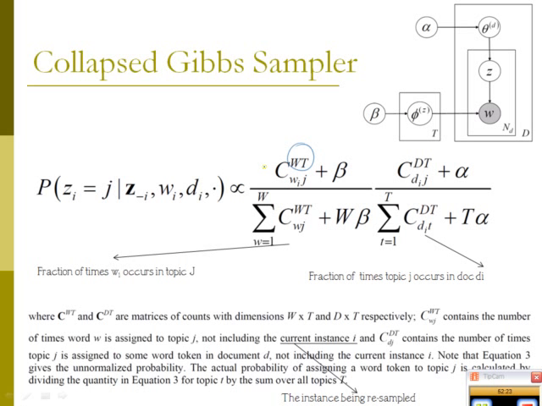So from the point of view of the actual sampling, life is quite simple, because in fact these are all count matrices and they can be kept. You can keep track of them, and what you would get here essentially, notice that these are unnormalized, because let's say if there are 5 topics, you would get Zi equal to 1, a number proportional to k times 15, Zi equal to 2, k times 25, Zi equal to 3, k times 49, etc. Then to actually get the probability, you just normalize it. Right? You take k times 15 divided by the sum of all the other guys. That will get you into the probability distribution. And then use that distribution to actually resample